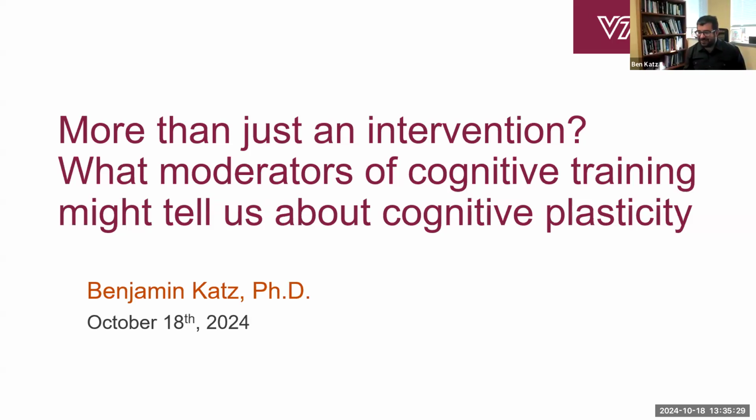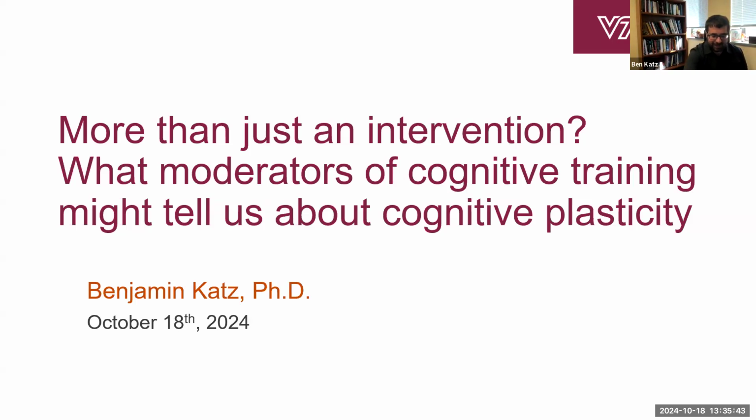Dr. Benjamin Katz comes to us from Virginia Tech. Are you ready and able to go forward? Let us find out. Okay, can you see that? Is that working? It is working. Fantastic. All right, no problem. We'll see if cognitive training helped me with being able to switch efficiently to doing this earlier. Well, thank you so much for the warm introduction, and I am so happy to be able to share with